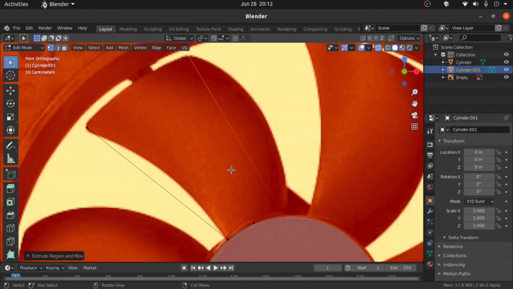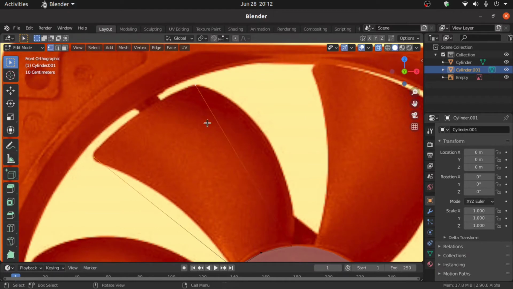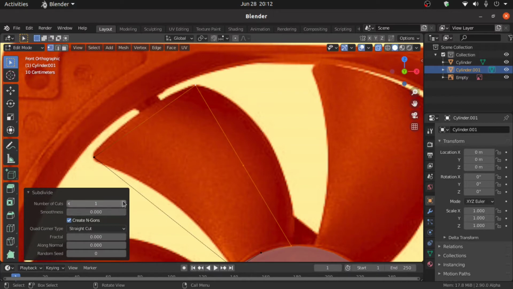Okay. Now select these two vertices and press F to fill. Select these two vertices, subdivide and increase the number of cuts, that is 3. Now you have to give the number of cuts, that is 4.